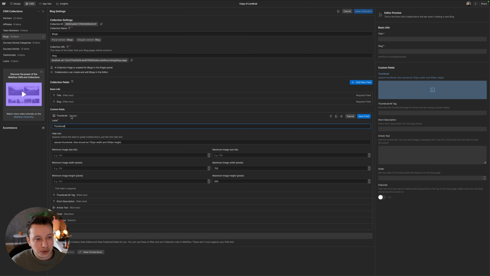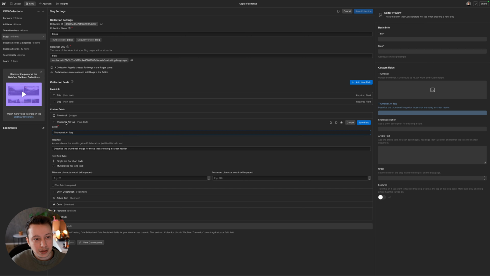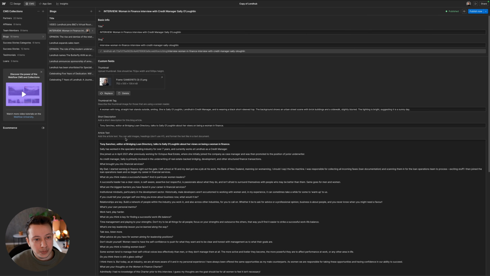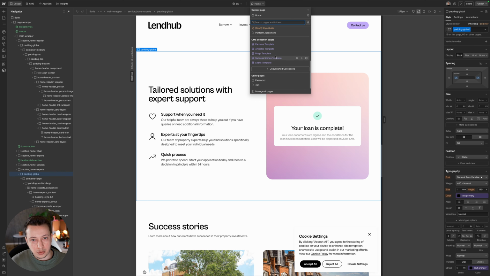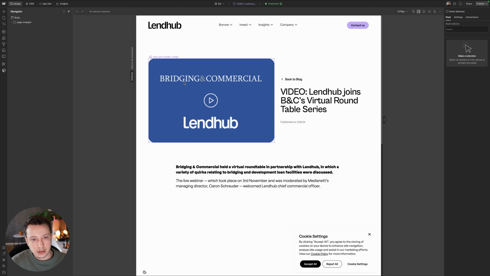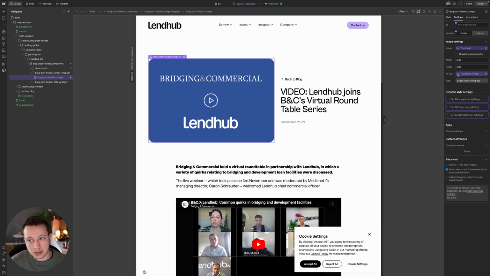up, for example, this one is a thumbnail for the blog, and then I set up a text field and I called it thumbnail alt tag or just alt text, and I say describe the image. It helps with assistive technology, and the person that adds an article knows that they need to describe that image here. And then let's go to the blogs, I'm going to show you how I add this. Let's click on the image. Inside the settings here, alt text, you can select that field thumbnail alt tag, and it just takes the alt